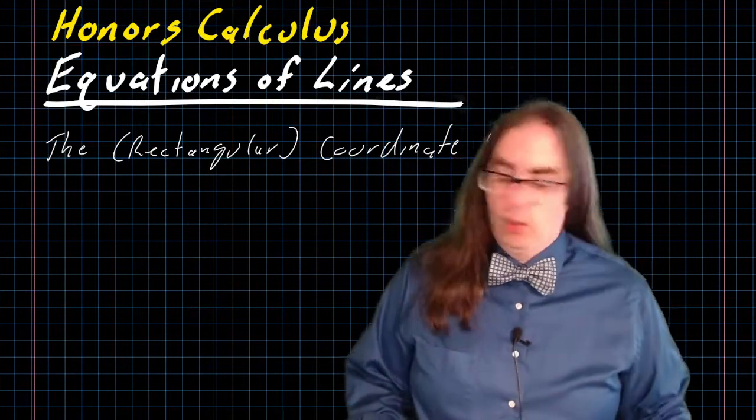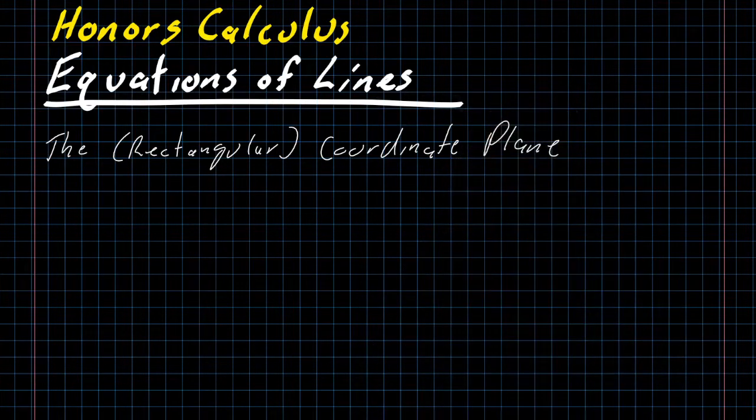I guess that doesn't quite all fit on the screen with my head there. So the rectangular coordinate plane, and again, rectangular in parentheses, there are multiple different coordinate planes. You're familiar with the idea of the coordinate plane already. We've got a vertical axis, which is generally labeled as the y-axis. We've got a horizontal axis that is generally labeled as the x-axis. And if we take a random point, it has